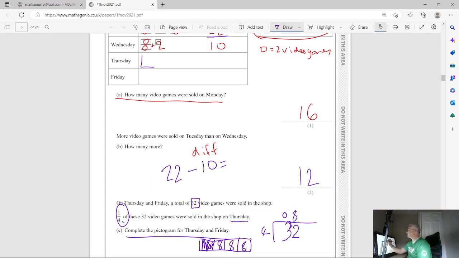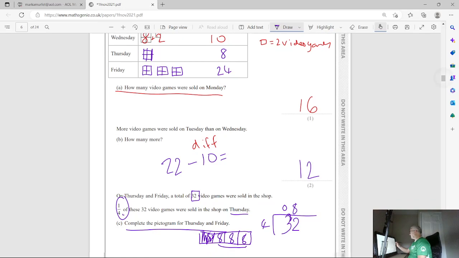So I can draw a box. Make sure it's the same size as the box there. Be careful. Take a little bit of time and make sure when you're drawing it that your shape really is as much as you can the same shape as the one above. So 8 on that one, and we know we now need 3 big boxes. So 1, 2, 3, and we can cut them into 4s. So again, we've got 8, and we've got 24 on that one. Add them together gets me 32. All right,